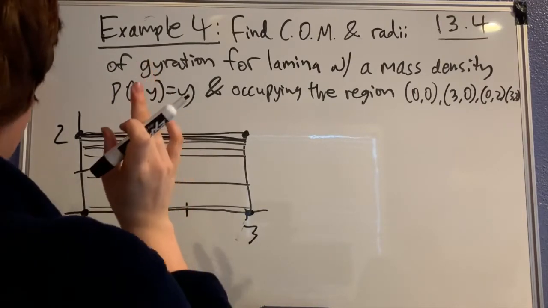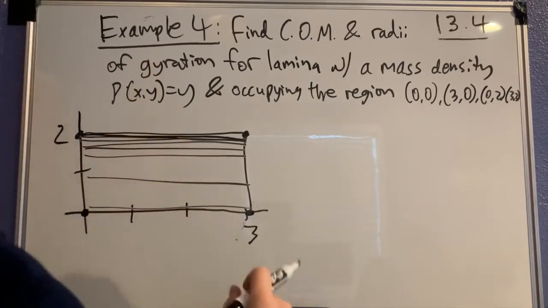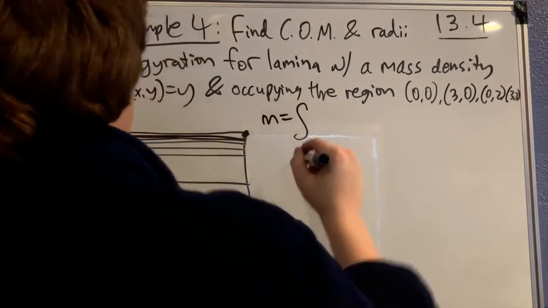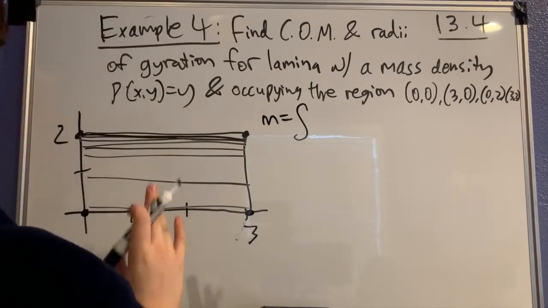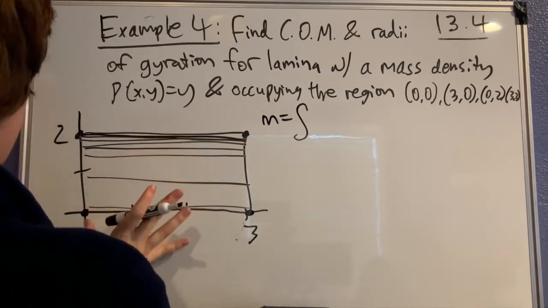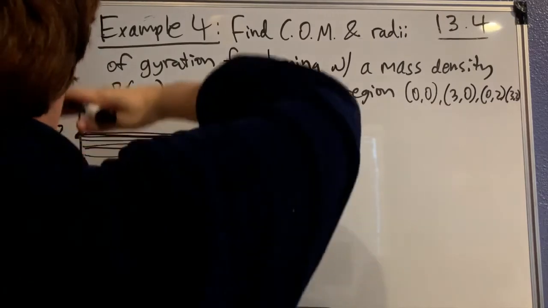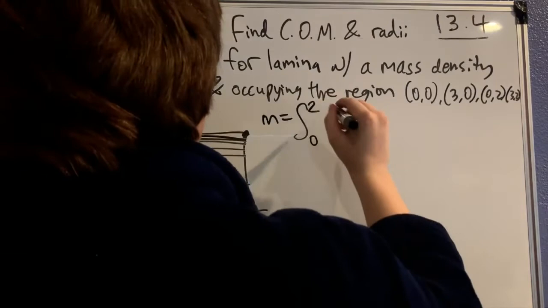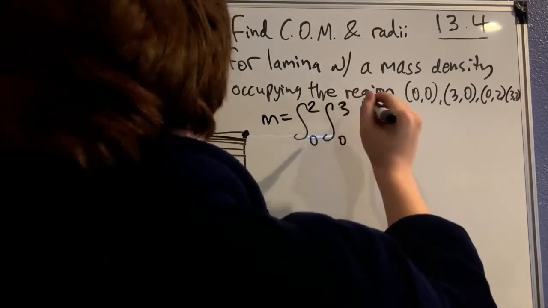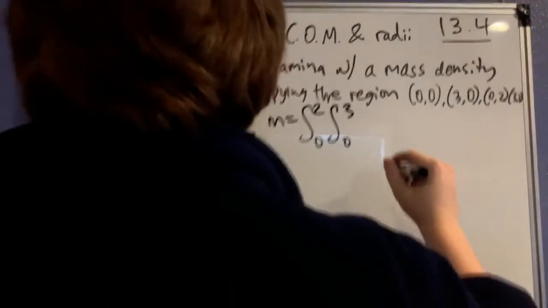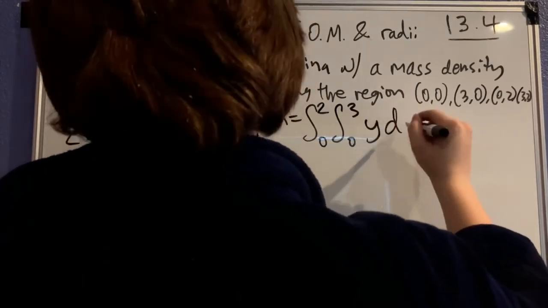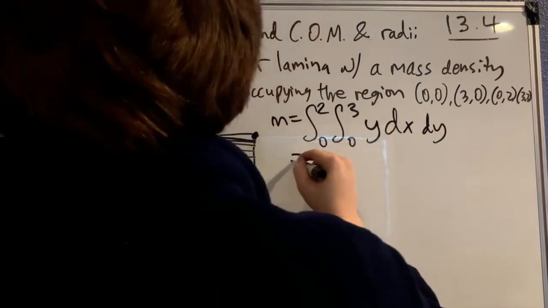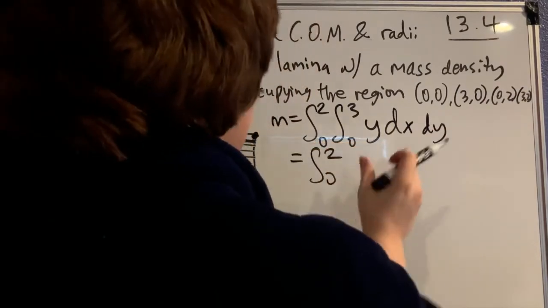So first, if you can, graph it. Then find the mass. Finding the mass is almost always the first thing you want to do. In this case, it doesn't really matter if I want to integrate like this or like this, but in this case, I will go like this. So the outer bounds would be 0 to 2, the inner bounds would be 0 to 3 of the density function y dx dy,